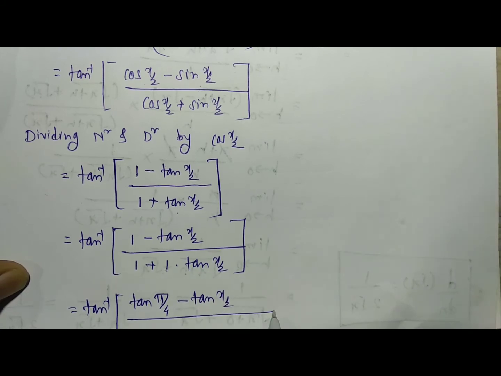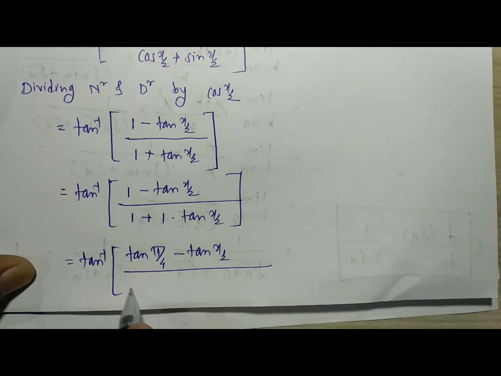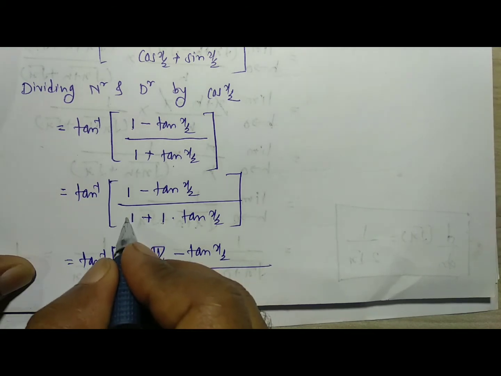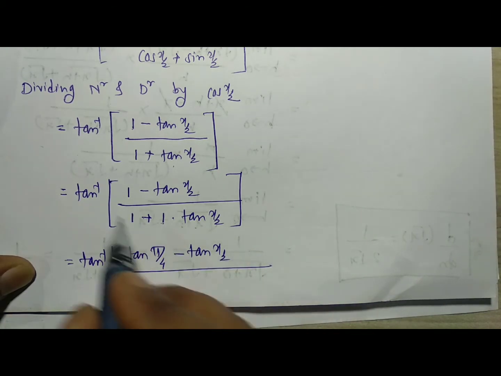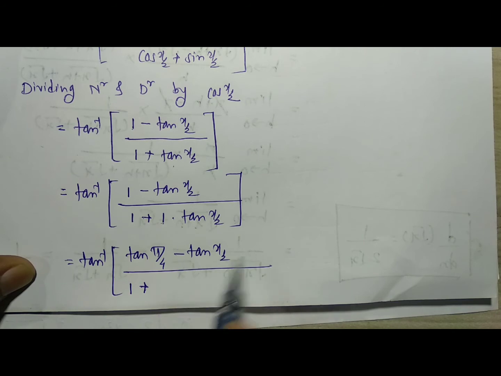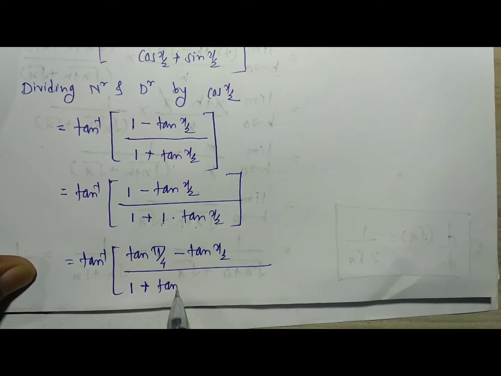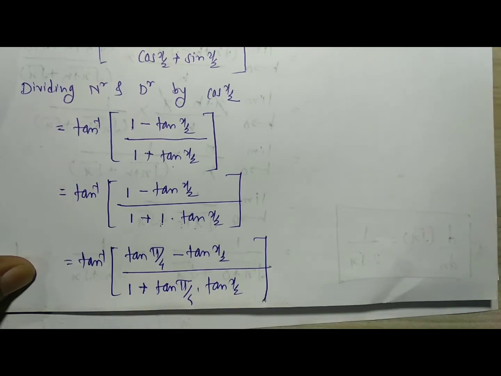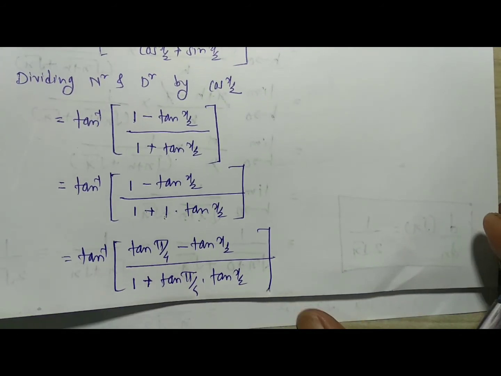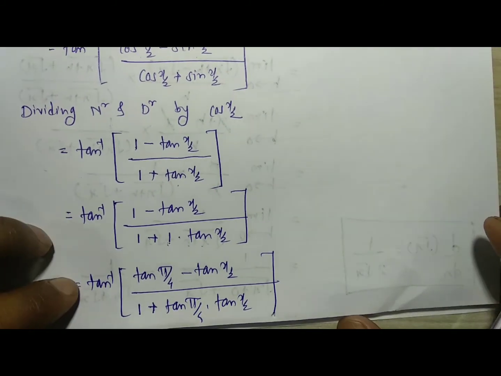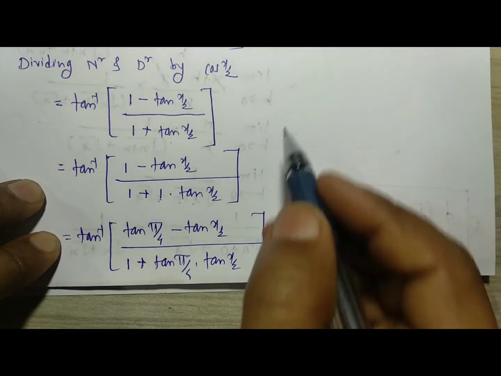We do not replace that one yet because it is converted into some expression. We can see in the next few moments what expression is created here, and this 1 is replaced as tan pi by 4 into tan x/2. And we can think about that expression, and this expression is very similar to